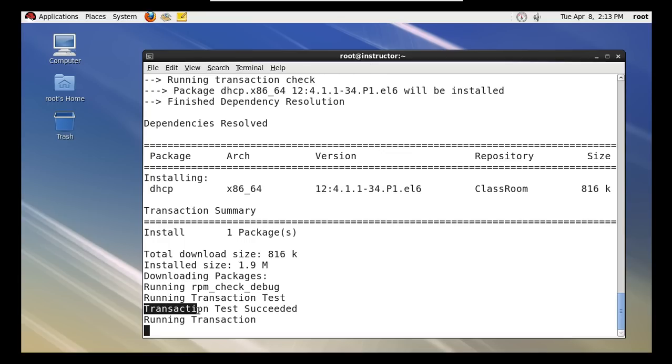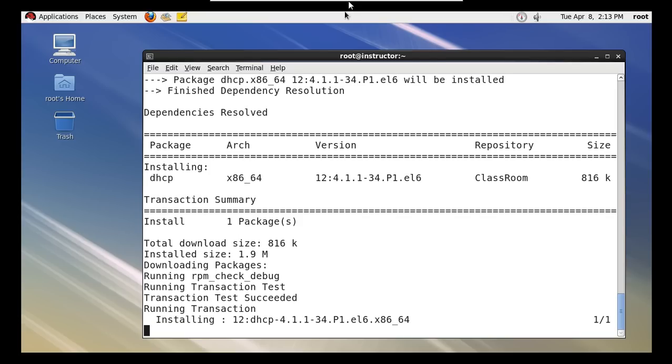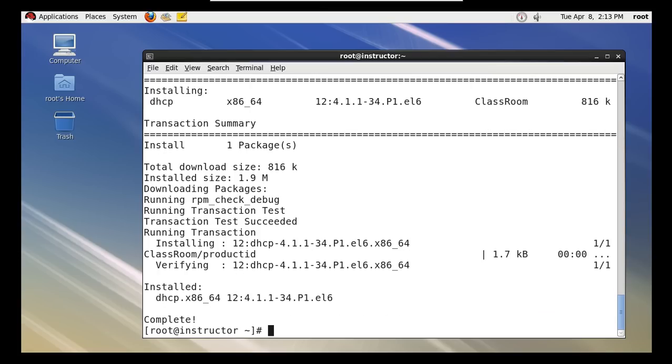Transaction test succeeded. See, the package is installing. And it verifies that the package has been installed.